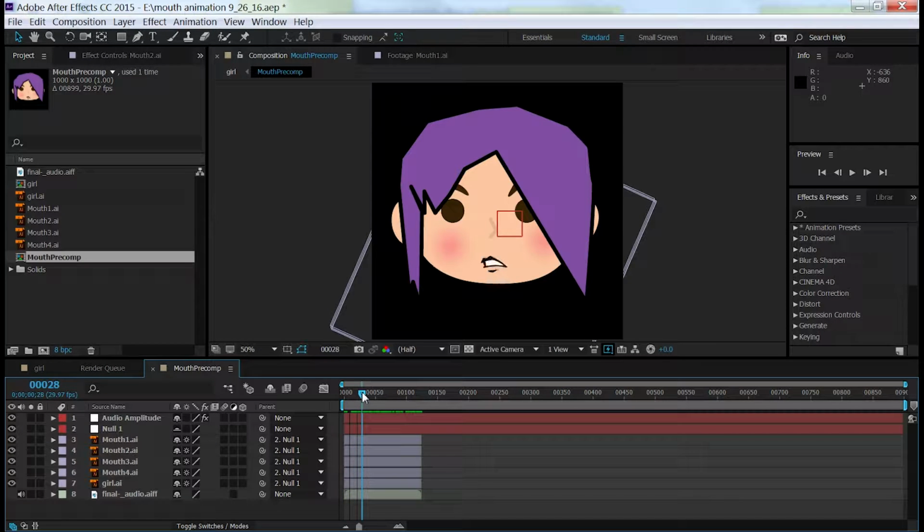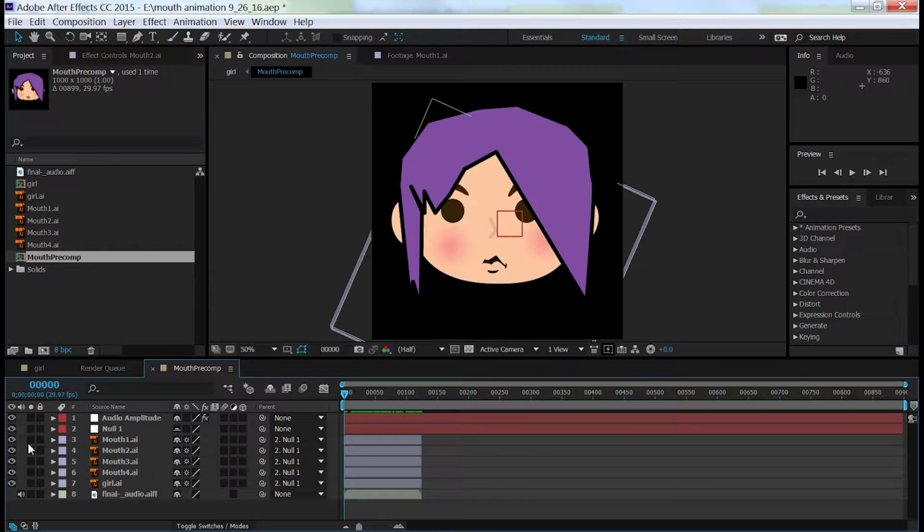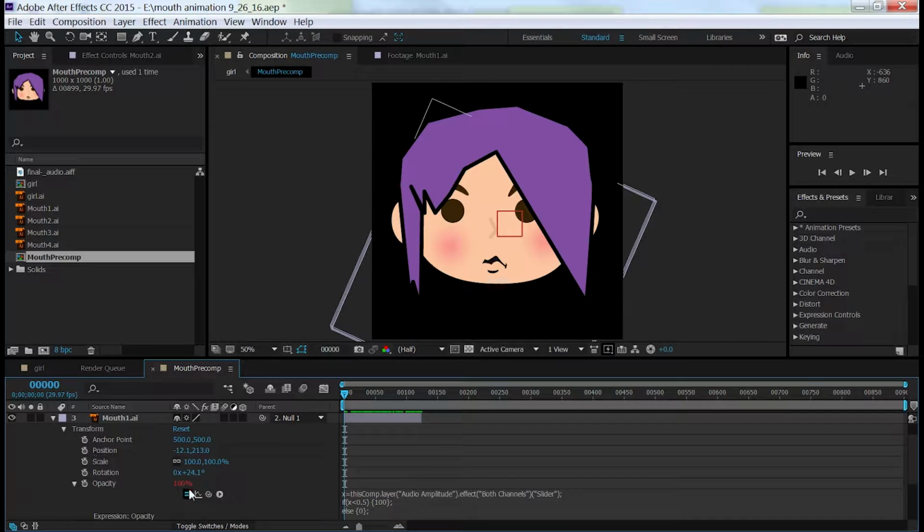Hi, my name is Candy, and today I'll be going over the opacity expression to animate a 2D picture made in Adobe Illustrator to speak. The opacity expression can be used on a main illustration of a character for animation by using various mouth illustrations,